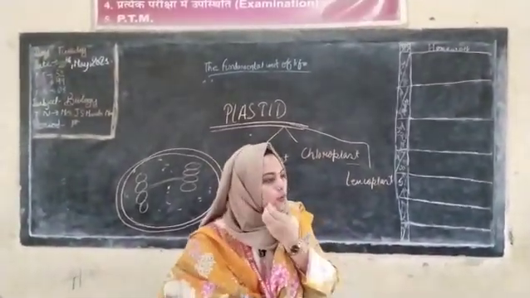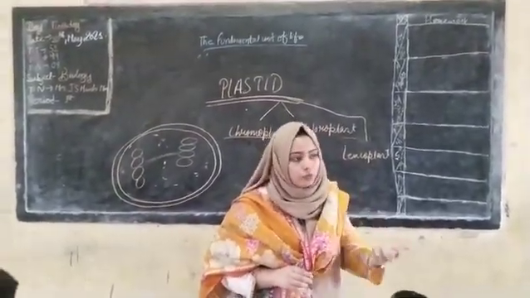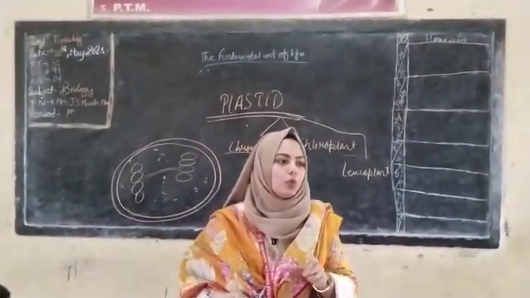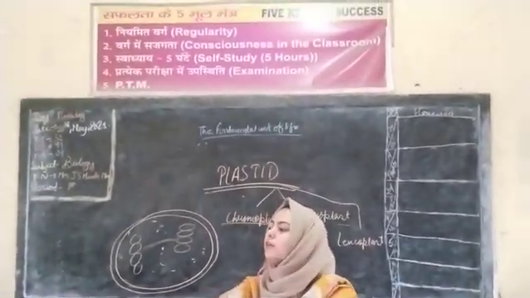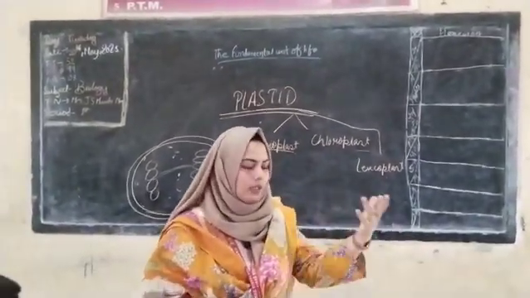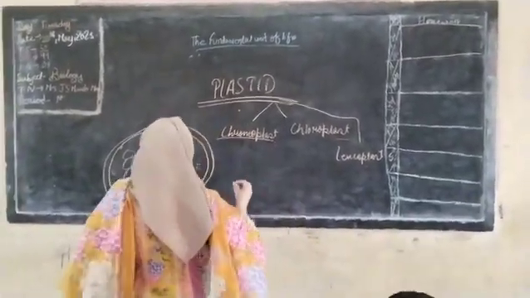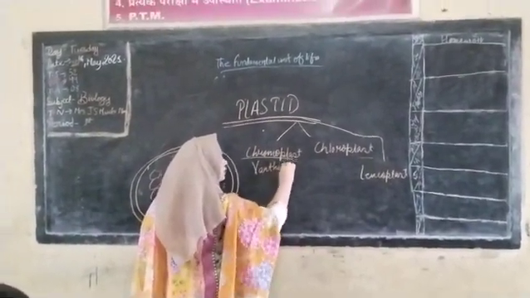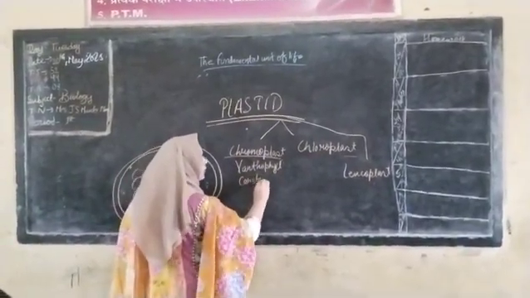So have you ever wondered why the color changes? The color changes in plants, whether it is of fruits or flowers or the leaves, it is because of a special pigment known as chromoplast. Under this chromoplast, you will learn there are many pigments which is responsible for various colors in the world in the field of botany, that is plants. For example, there is a pigment known as xanthophyll. There is a pigment known as carotenoid.